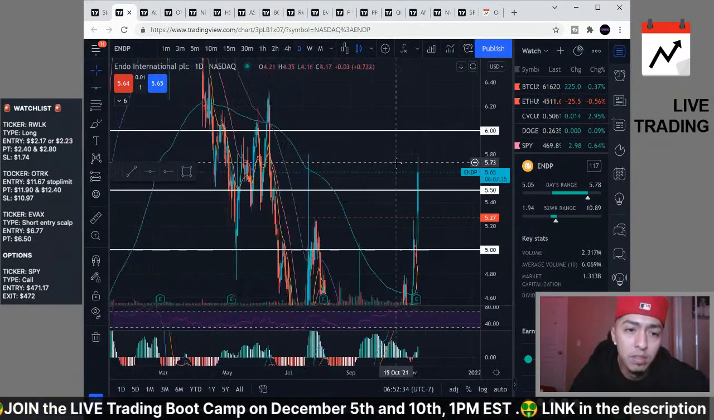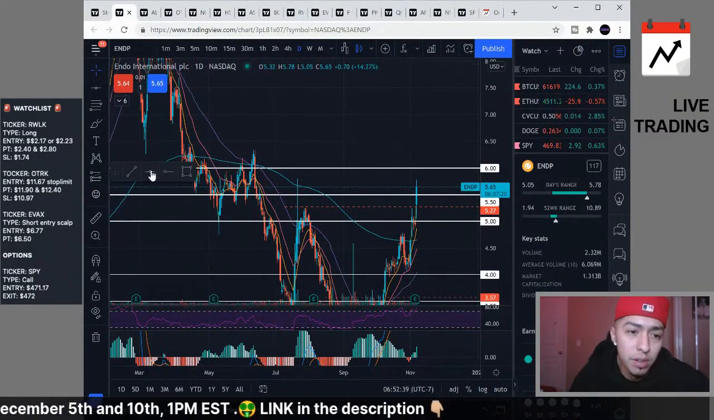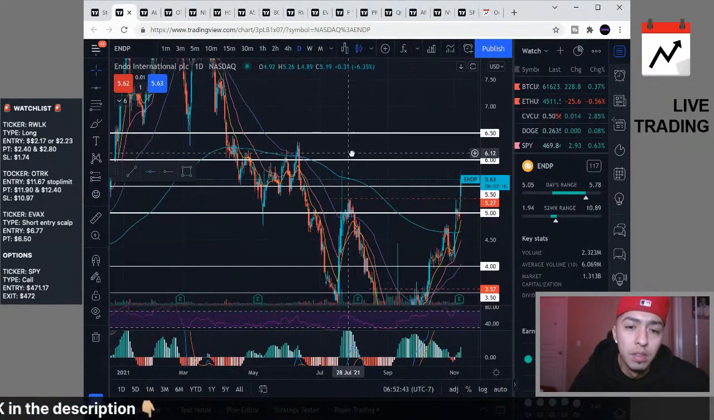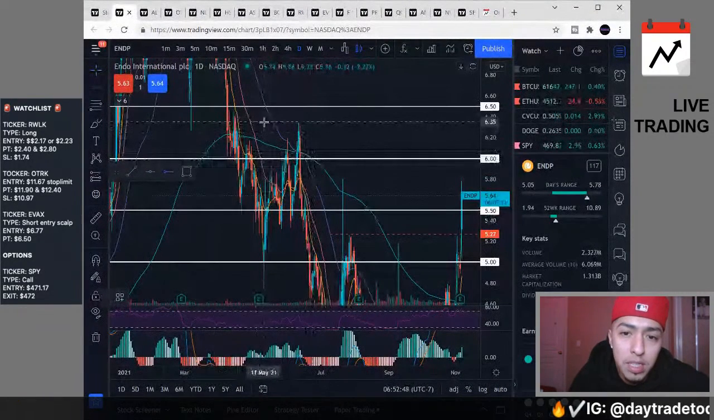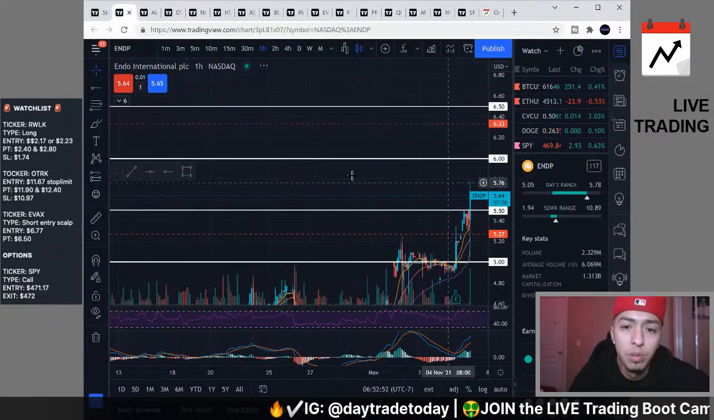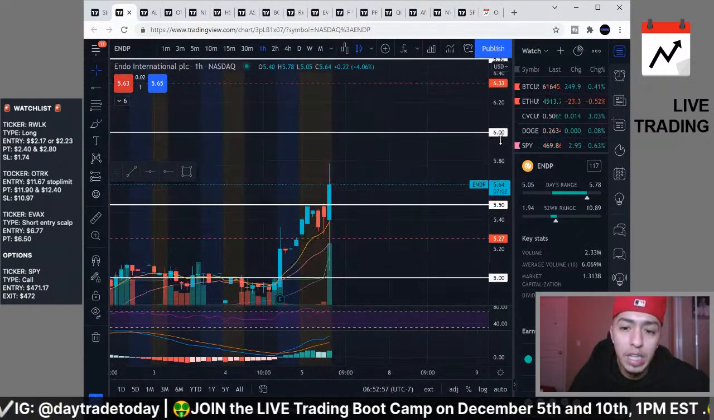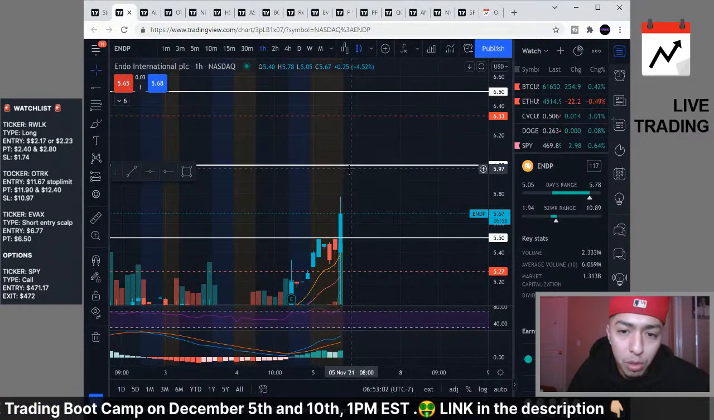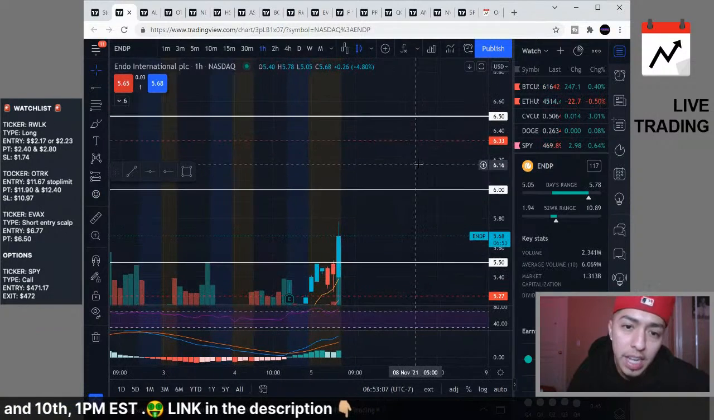Let's just find some resistances real quick. So yeah, look, there is resistance around here. Let me mark 6.50. And then where's this price at? Okay, so definitely could probably take an entry at 6.33. Let's go to 1 hour real quick. So yeah, on ENDP, you would wait until we break through $6 and come back to retest $6 and then take an entry at